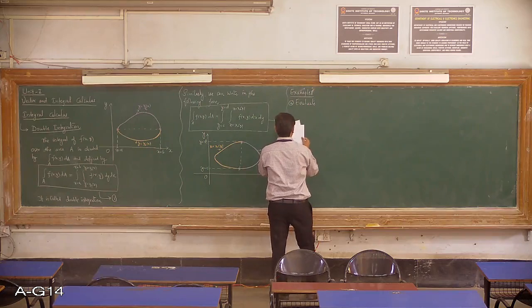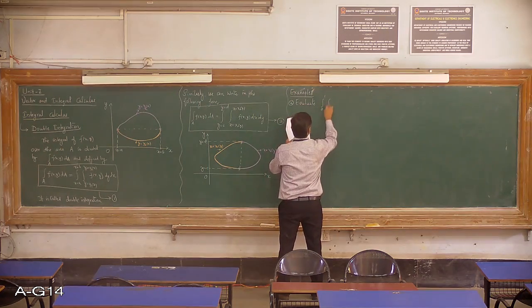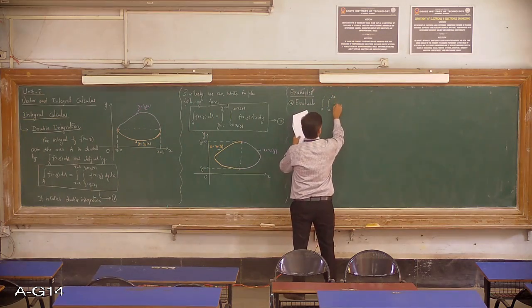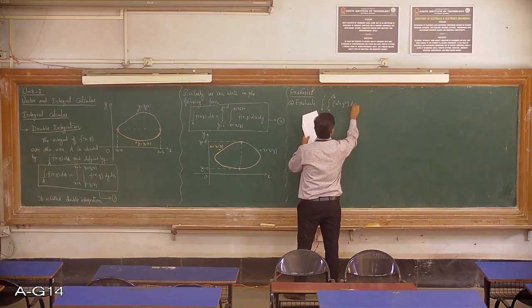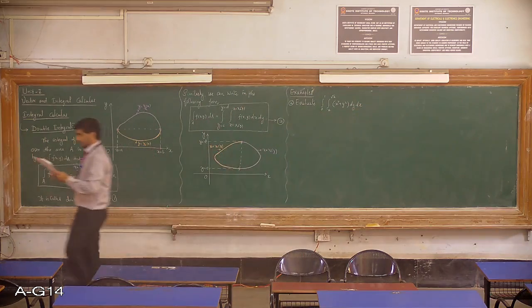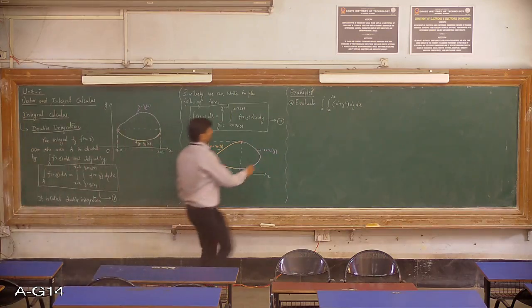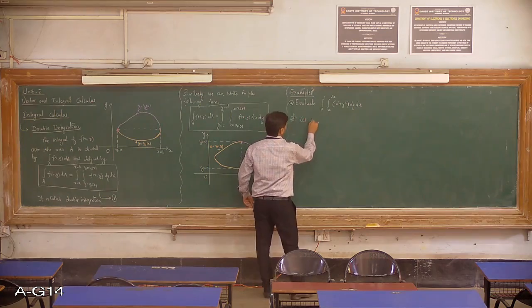Evaluate the integration from 0 to 1, integration from x to root x, x square plus y square into dy into dx. Okay, so now the solution for this particular example is, let me write the same thing again, I